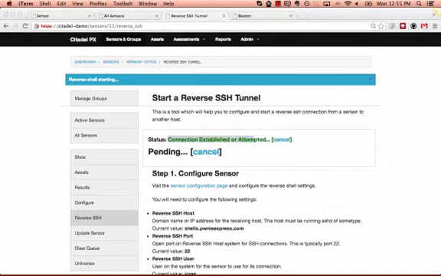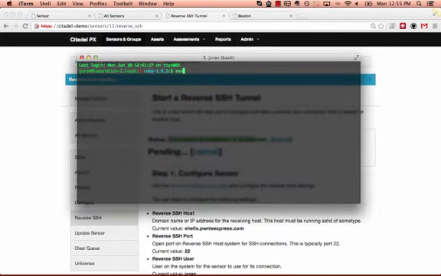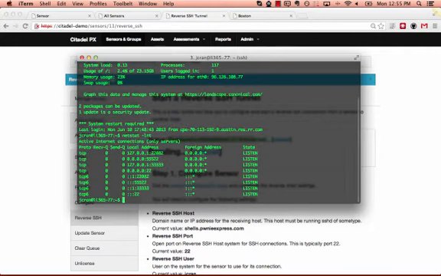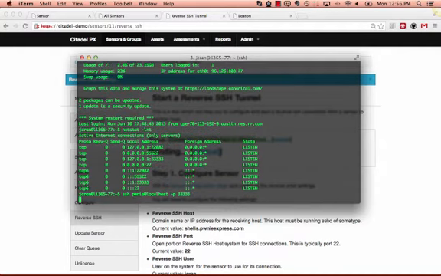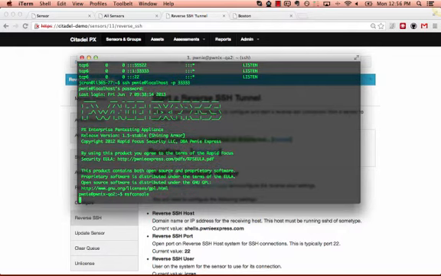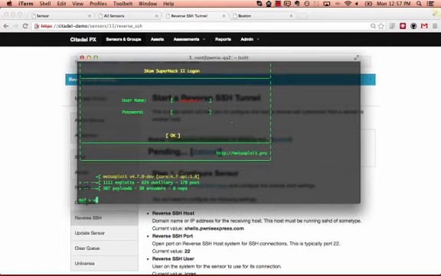So at the same time, we will bring up a shell into our receiver. And we can see here that we've got a shell on 3333. So if we go to here we are. Okay, and so now we're actually manually interacting with the sensor. And from here we can fire up any of our favorite command line tools. And now that we have MSF console running, we can use